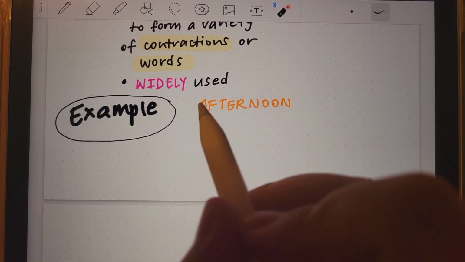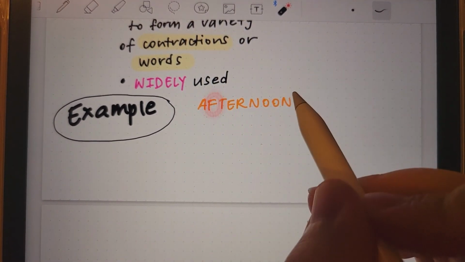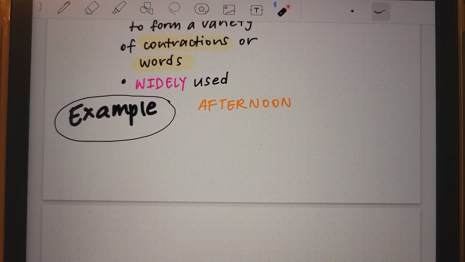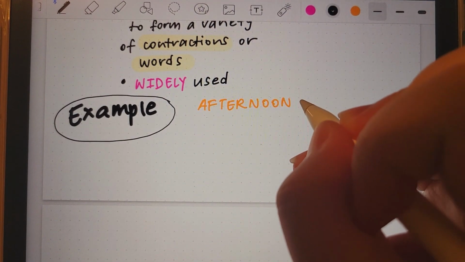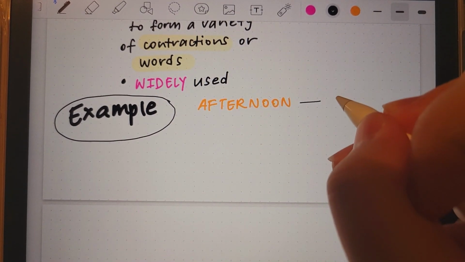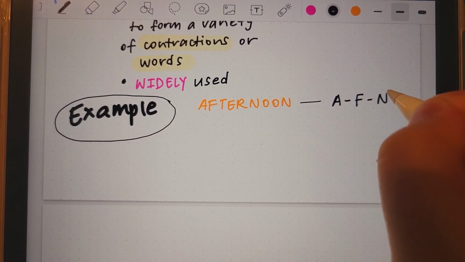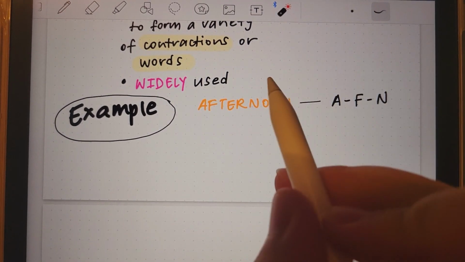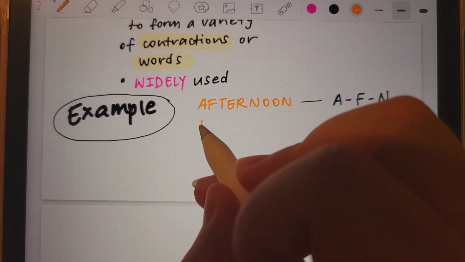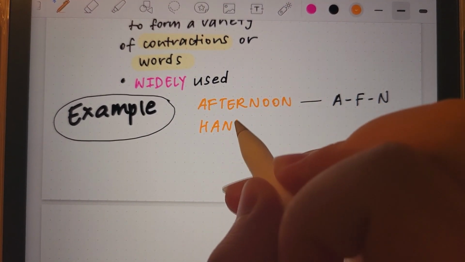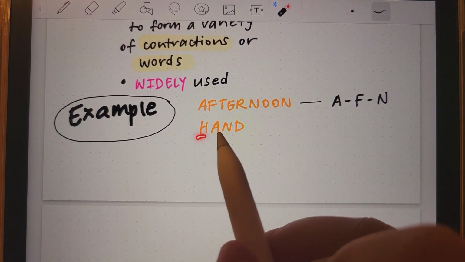Now, how do you contract a large word like afternoon? Letters A, F, and N are used. So instead of afternoon with 9 letters, the words would be A, F, and N, and those 3 letters would make up the word afternoon. Let's try the word hand. Hand has